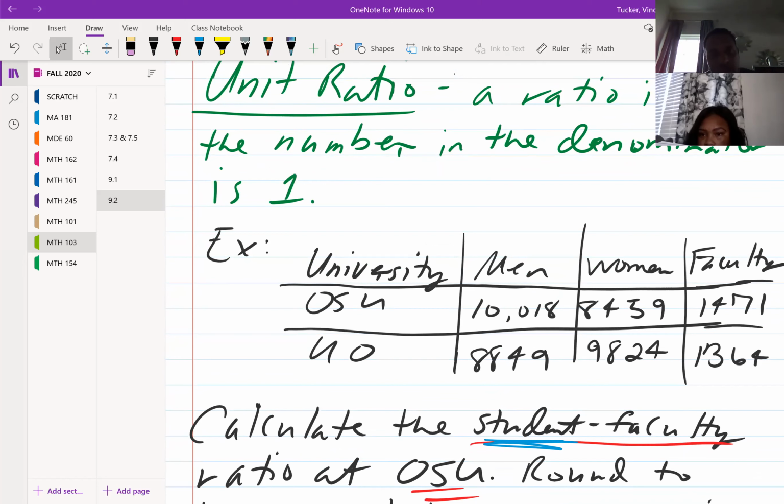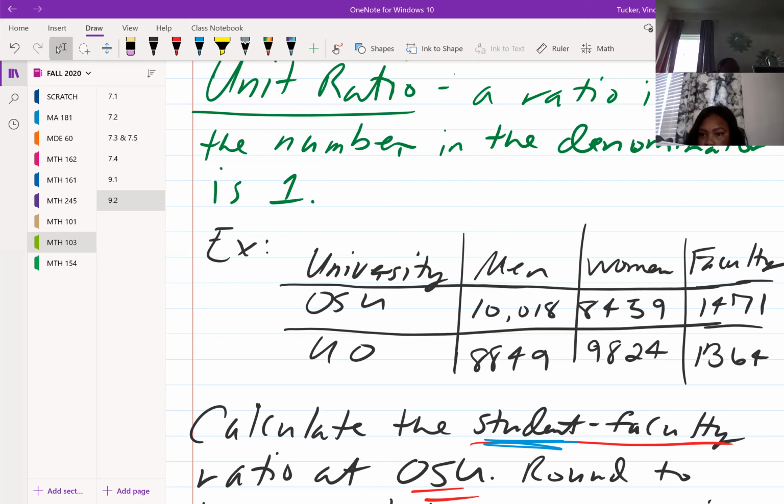Next example starts off with a chart. We have 2 universities: Oregon State University, OSU, and University of Oregon, UO. So I just shortened it up. They tell us how many men and women, as far as students that they have, and then the number of faculty. So in OSU, we have 10,018 men,